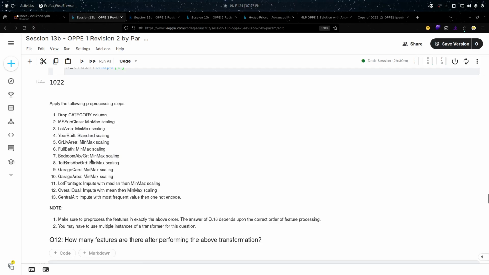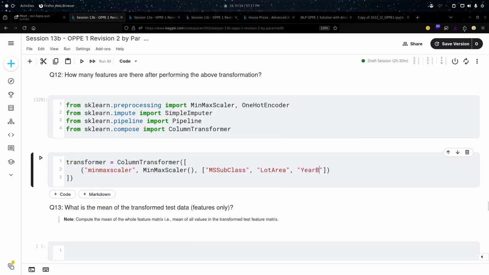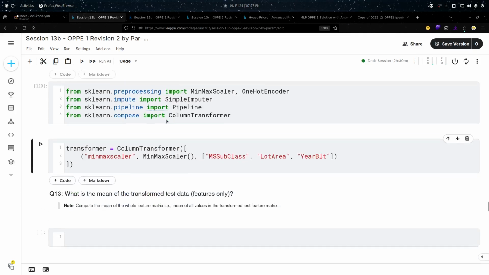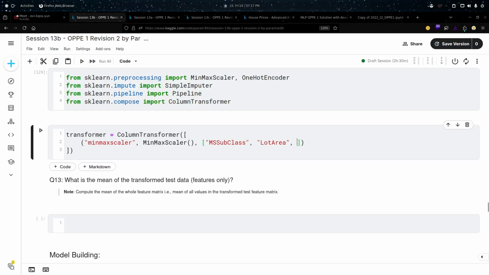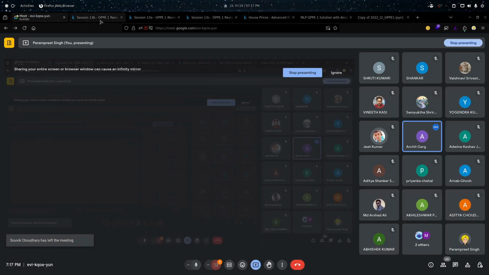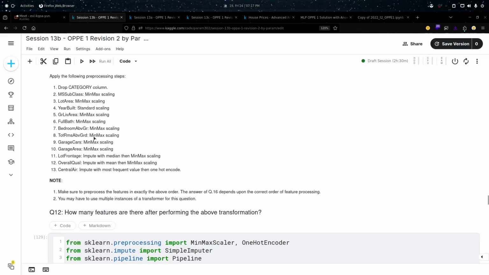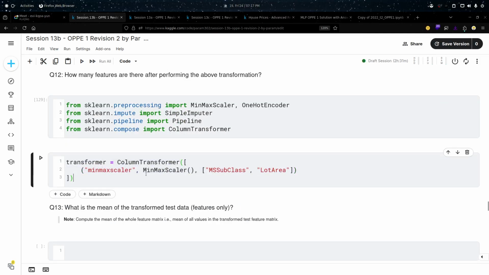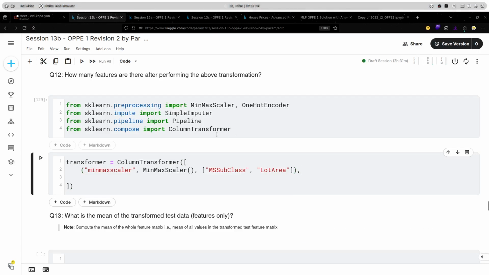Lot area, year built. I have one basic doubt, like it's very basic, I think. Here, like we are making pipeline. Right. So like what we are doing, can you give some overview, like okay, this pipeline, I'm doing all this pre-processing in one step. Okay, so I don't have to do for each column. I don't have to create a min-max scalar and all the things. Using this column transformer and pipeline, it will do everything at once.